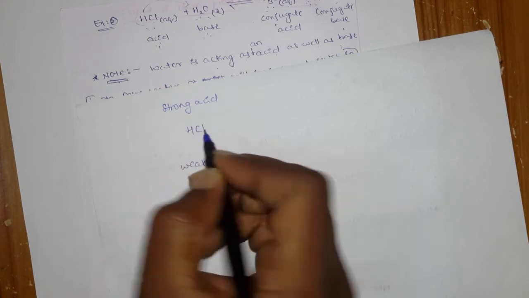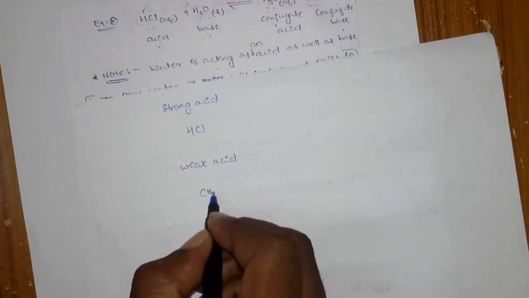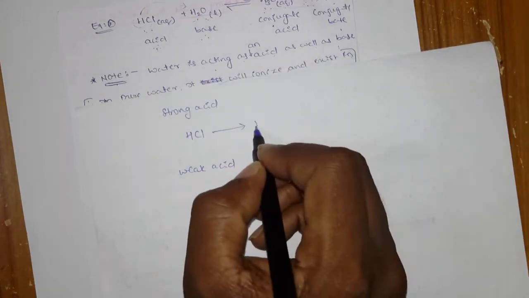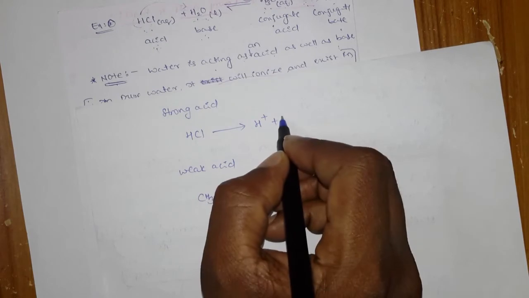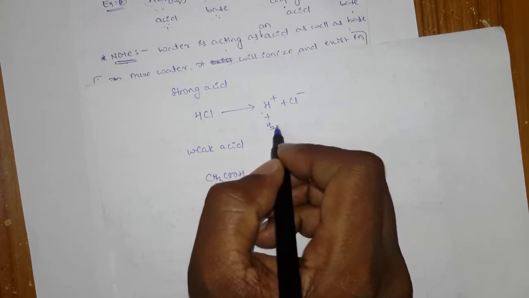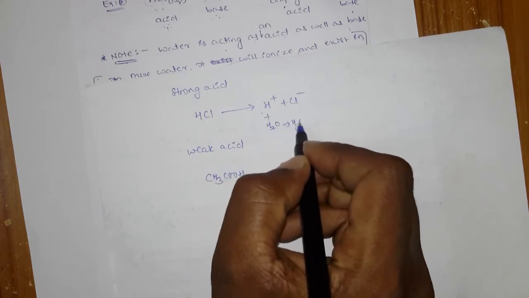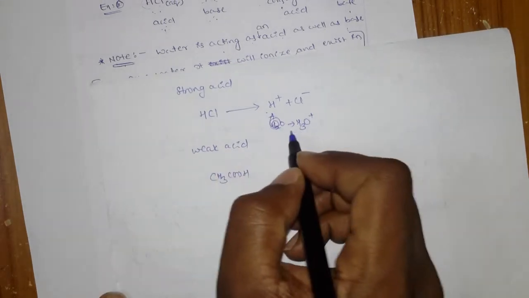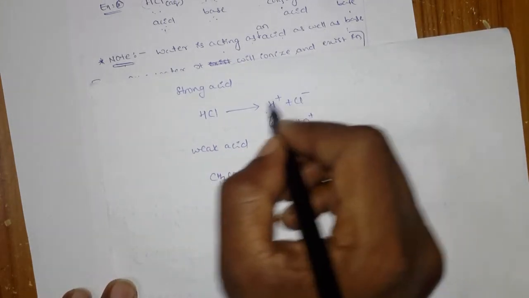So you know that hydrogen chloride is a strong acid, and you know that acetic acid is a weak acid. Okay, and you know that HCl directly will convert into H plus and Cl minus, and generally these H plus ions are very reactive, so they combine with the H2O and form the H3O plus. Okay, so here I am writing, instead of the H plus, I am writing